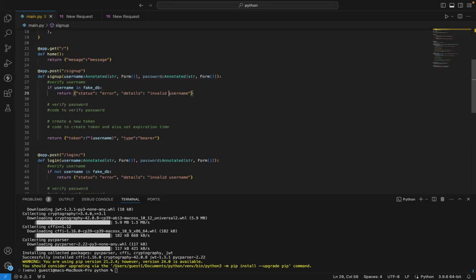So we don't want to create an account with that username. So this will be username already exists. But in a situation where it does not actually exist at the moment,